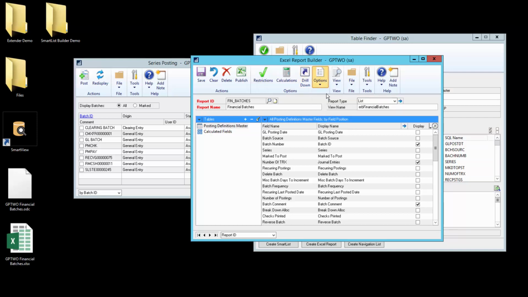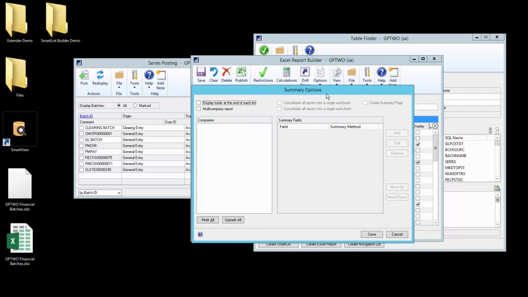The options are a little bit different in that we don't have summary lists where I can sum it up by all of the accounts or a year or anything like that. We can though turn on totals at the end of the list by default. I went and typed in the sum function to get that total. We can just check this box and it will total all of the integer values on your list already for you. And we have multi-company options.